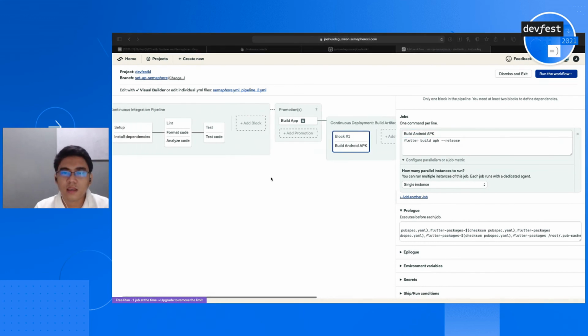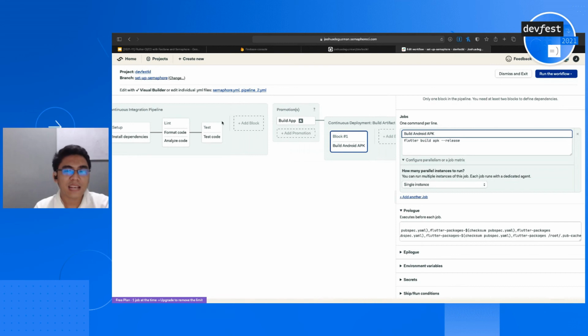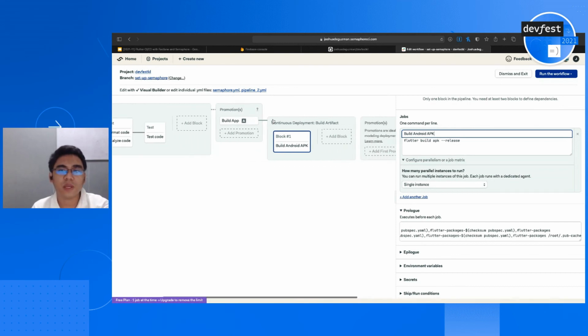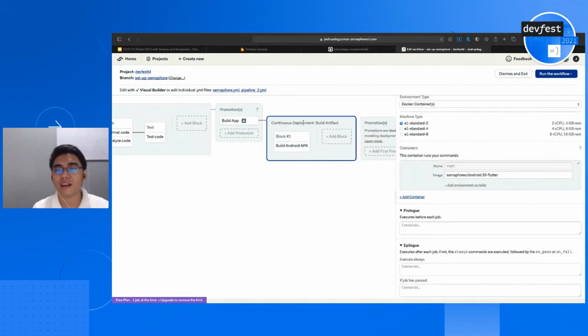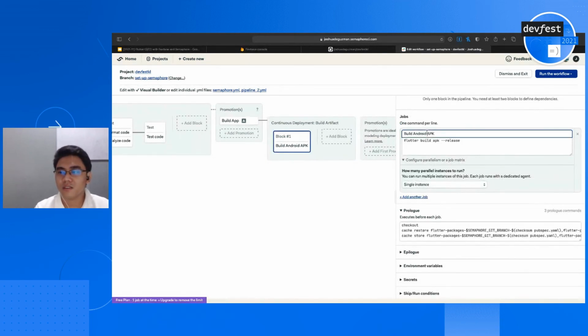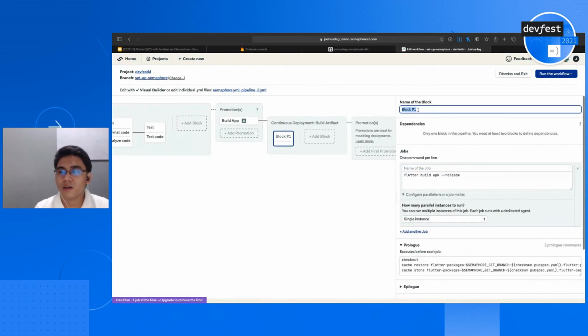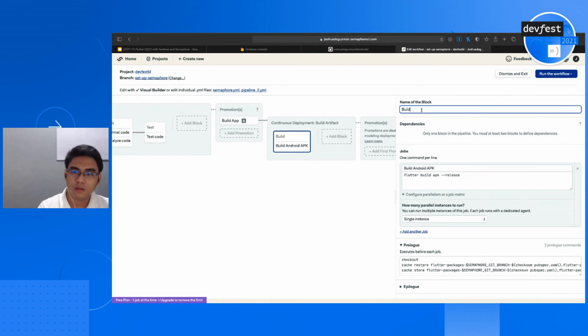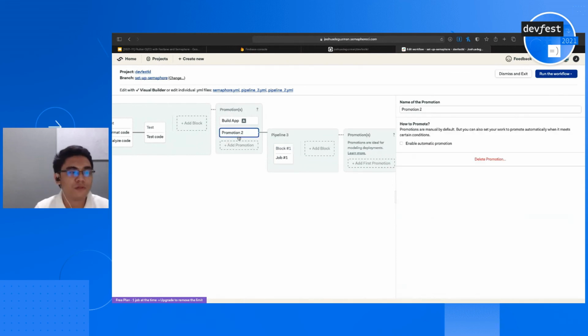Right, so meaning if the continuous integration passes, this now has a continuous deployment pipeline, which is building an artifact, which is going to be interesting because right now we have this build. Now, another one that you can do is after creating an artifact or archiving an artifact, you can deploy as well to Firebase, which is something that we want to do